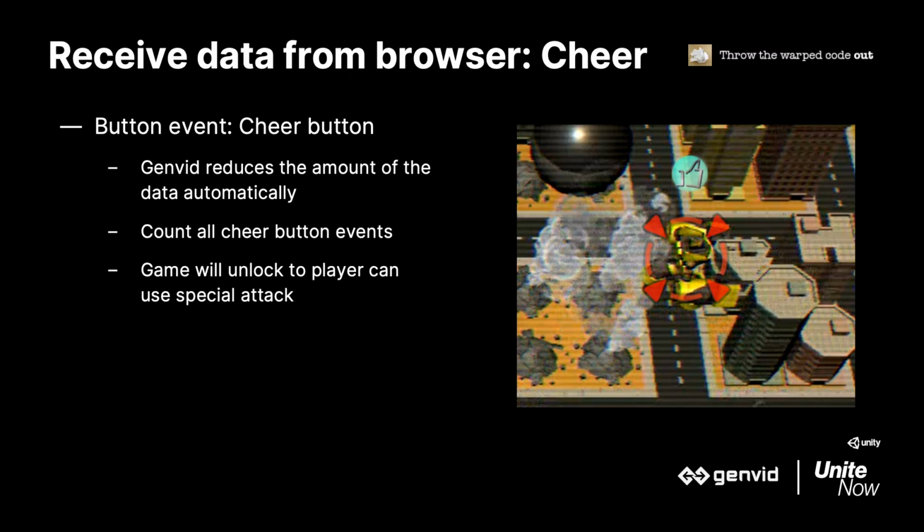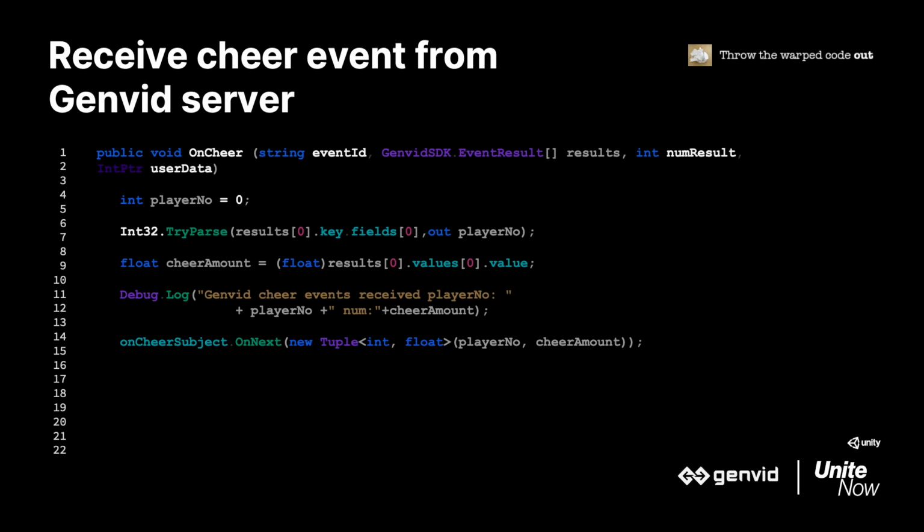In the game, the player can use the special attack after getting a certain number of cheers. Genvid event notification can include strings and numbers data in the Genvid SDK event result class. The player number that shows which player is cheered is included in results[0].fields[0]